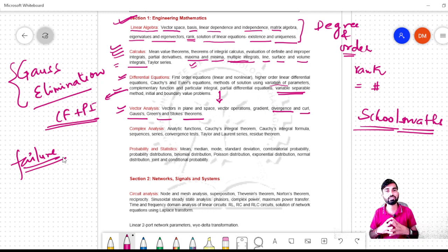So the GATE examination is all about a 3 hours ball game, right? Despite you putting a lot of effort into understanding topics, you might have seen on YouTube channels that most of the educators, in fact most of the aspirants, focus on problem solving only, right? They don't know what is a closed surface, what is an open surface.